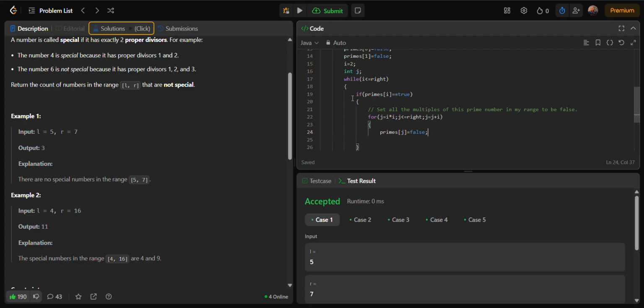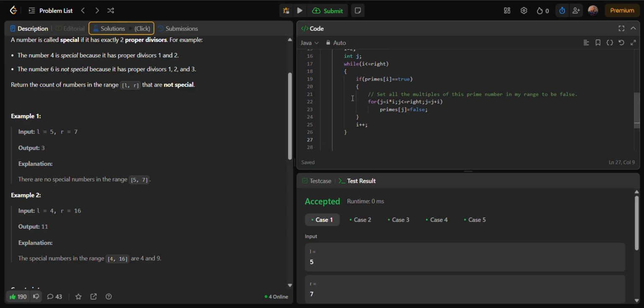Yes, let's remove this as well. And after that I just want i plus plus. Yeah, that is pretty much good. Now I have my array which contains all the primes and non-primes marked as true and false. Okay, so what I need to do is that I'll set i equal to left. From left I'll start. Okay, and while i is less than equal to right,